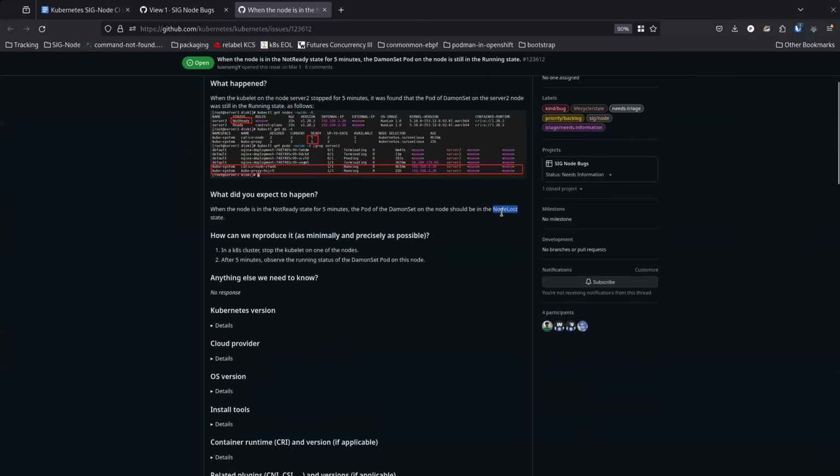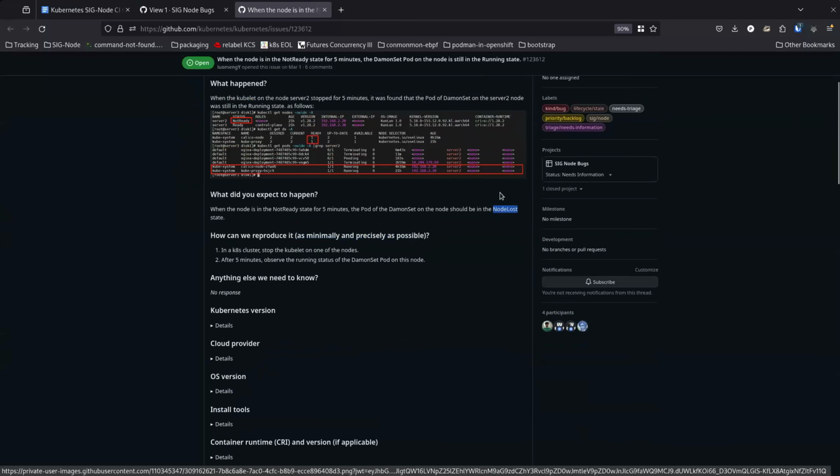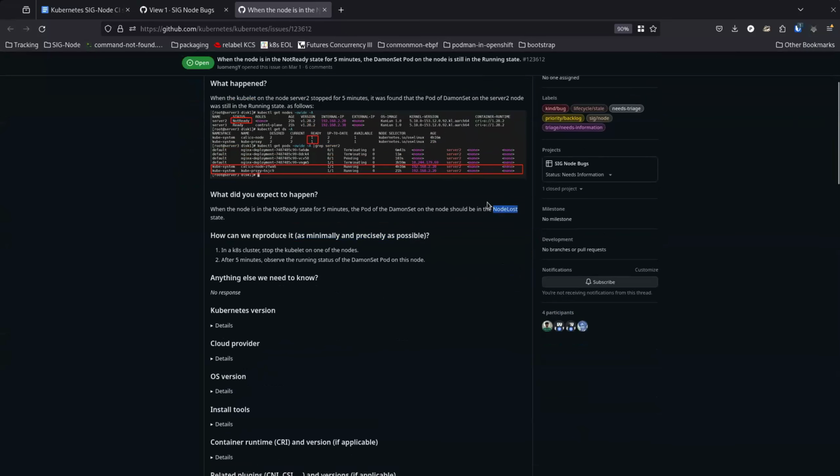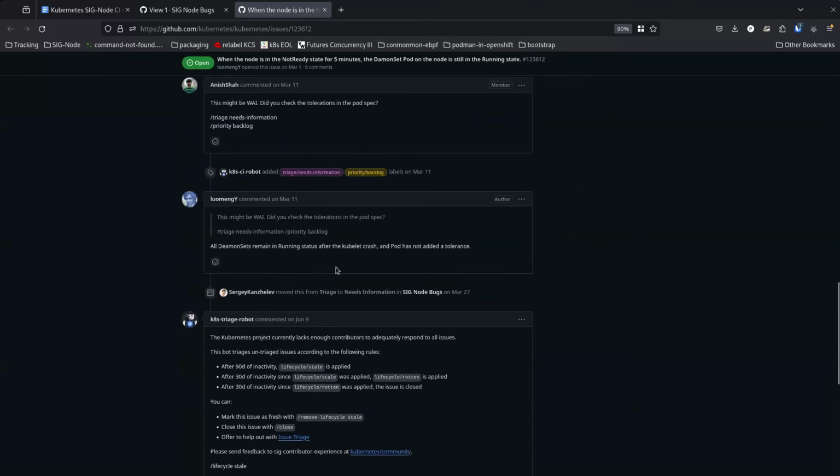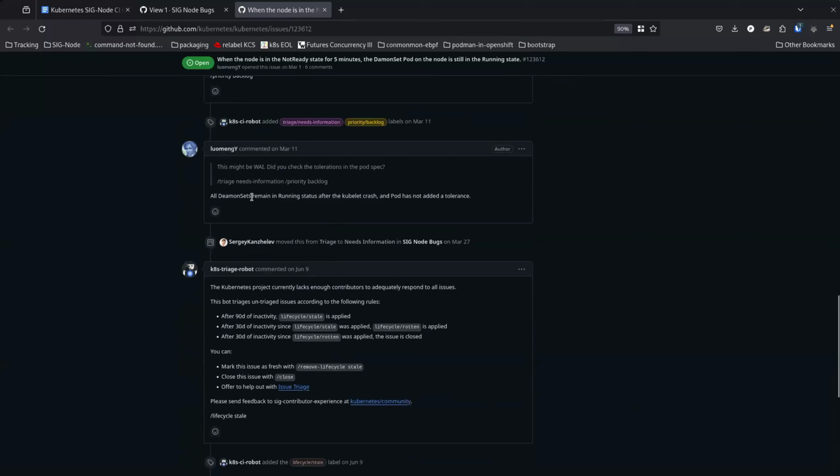But that said, if we're looking at the daemon set, the daemon set controller could mark the status of the daemon sets themselves, but the pods, if they're running, then they're called running, even if the node is not ready itself. So this does look like it's working as intended. The daemon sets are a little wacky.